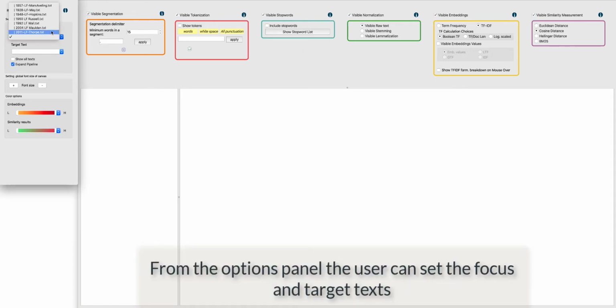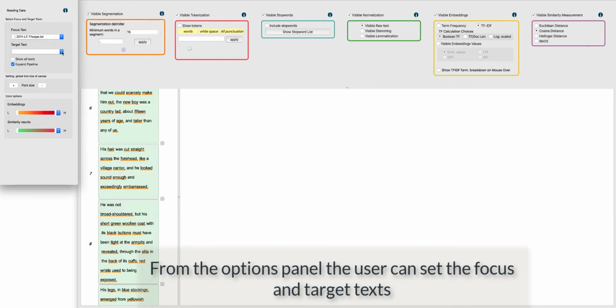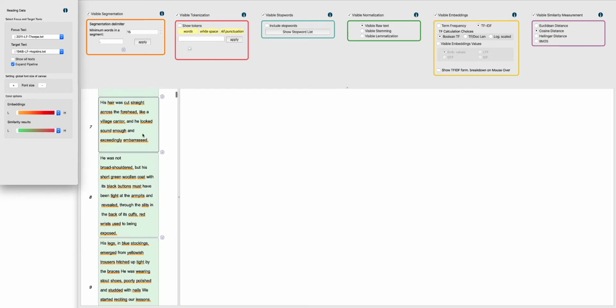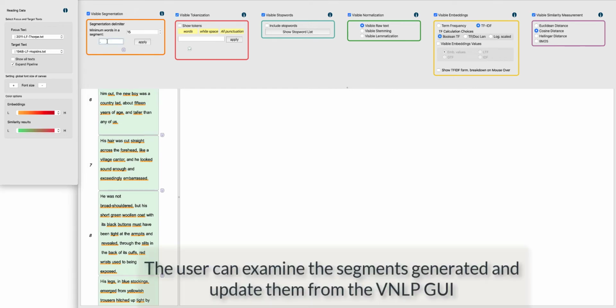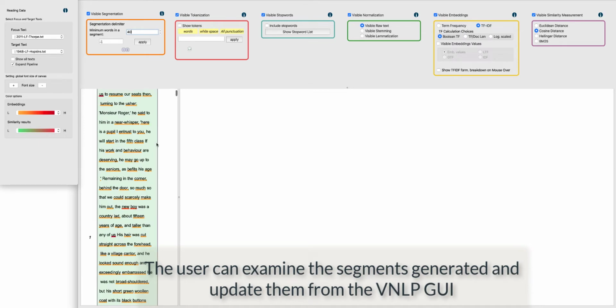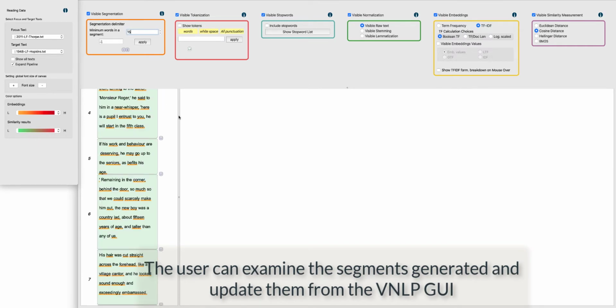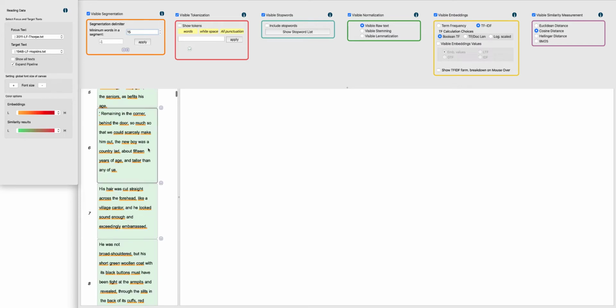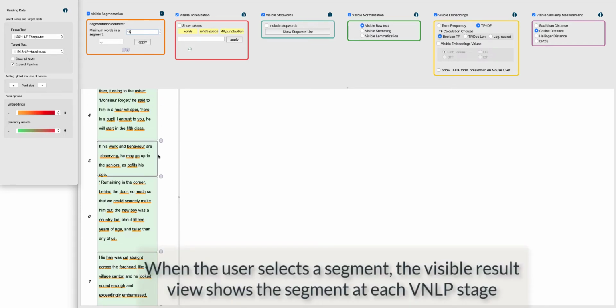To start interacting with the tool, the user can set the focus and target text from the options panel. The focus text will be shown in the focus text view, which is the third component of the VNLP. The user can examine the segments generated and update them from the VNLP GUI. When the user clicks on a segment from the focus text view, the visible result view, which is the 4th